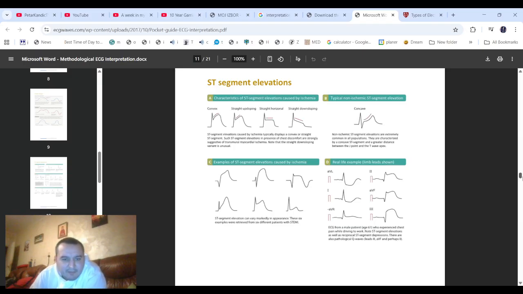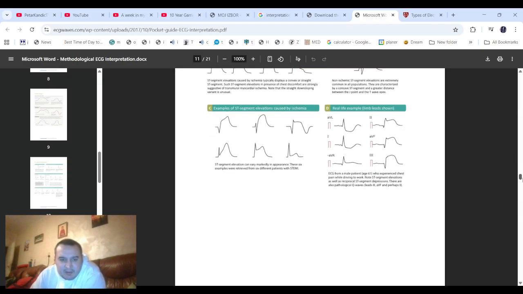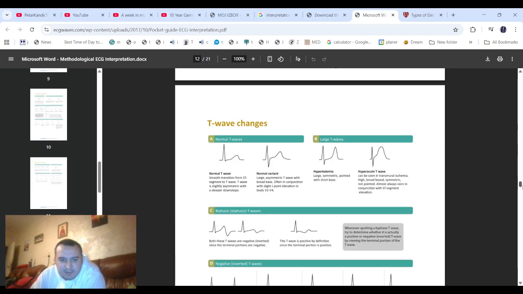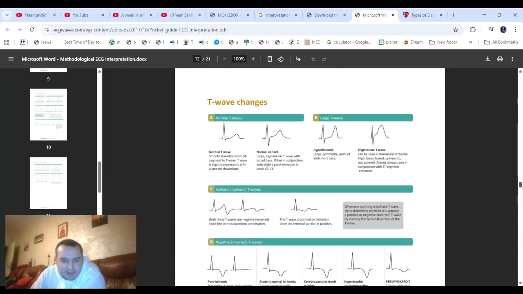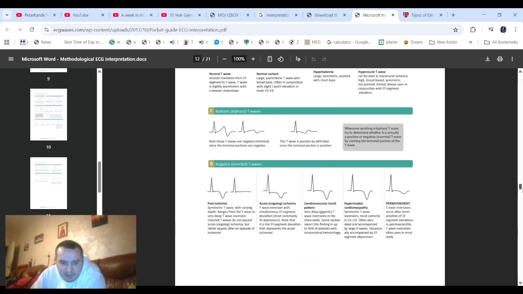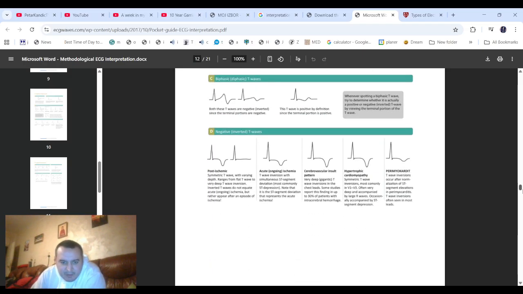ST segment elevations, concave T wave changes, normal, and this is hyperkalemia, hyperacute T wave, biphasic negative T wave, post-ischemic, acute ischemia, cerebrovascular insult, hypertrophic cardiomyopathy,